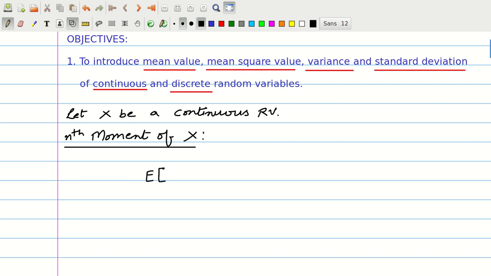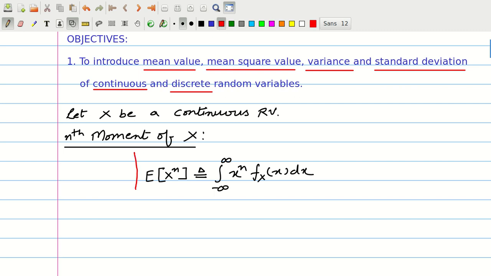E denotes the expectation of X to the power n, defined as integration minus infinity to infinity small x to the power n into f_X(x) dx,